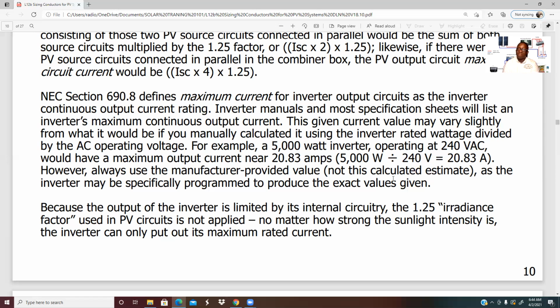For example, if you have a 5000 watt inverter operating at 240 volts, you have a maximum output current near 20.83 amps. 5000 watts divided by 240 volts equals 20.83 amps. Very important. So for quick calculation, if you have 5000 watts and the volts,